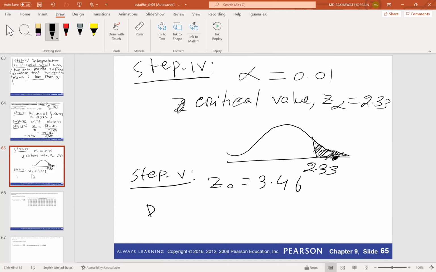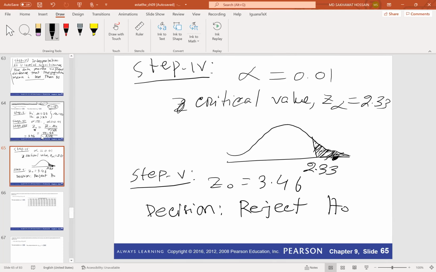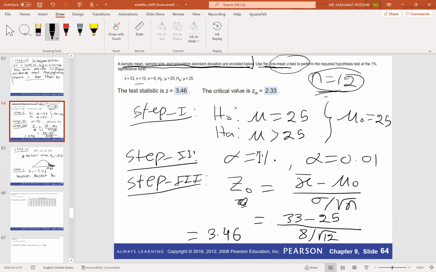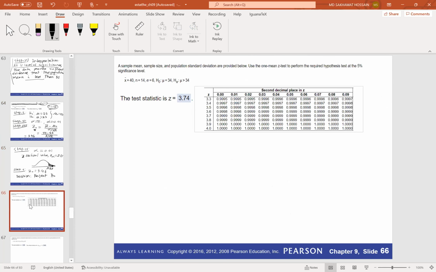So our decision will be to reject the null hypothesis, H0. The null hypothesis was mu equals 25, so we are rejecting this one. That means the data is supporting the alternative, that mu is greater than 25. The population mean is actually greater than 25. So our interpretation will be then